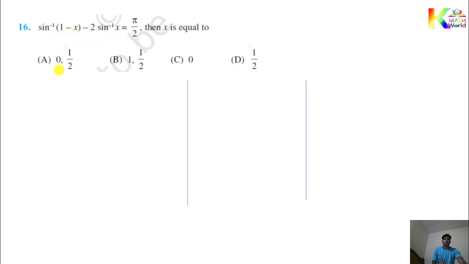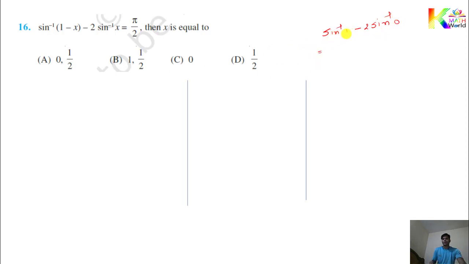Suppose you want to solve using option, then replace 0. Then x is equal to blank. So these are the values of x. So suppose you put x as 0. X as 0, then what you get? Sine inverse 1 minus 2 times. When you replace x as 0, sine inverse 0. Sine inverse 0. So do you get right hand side? That you have to check on.